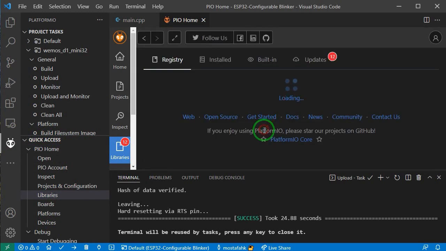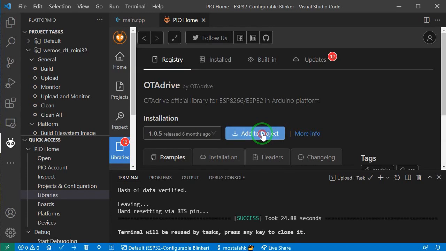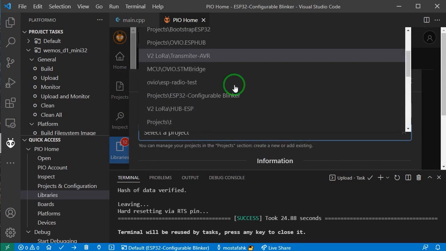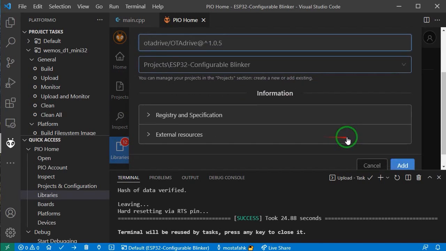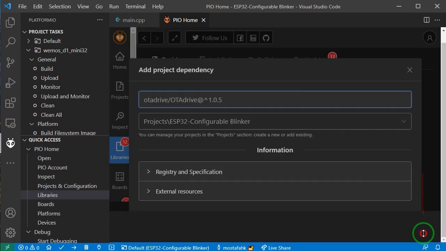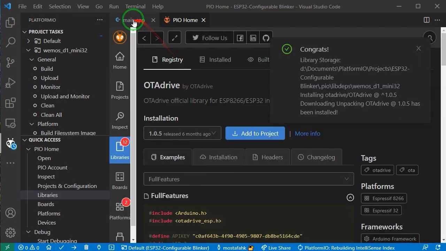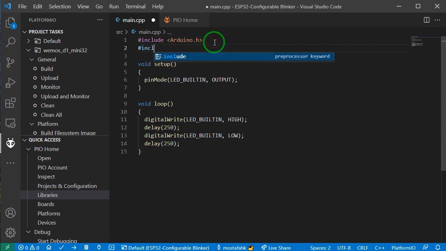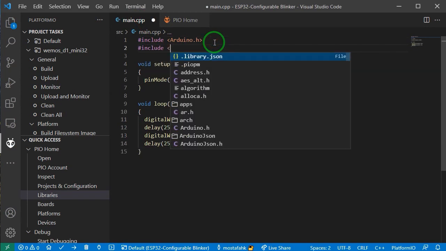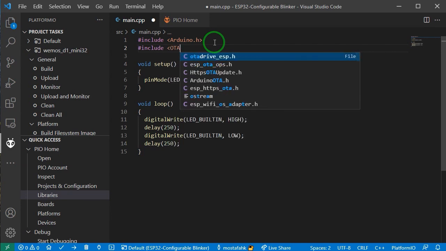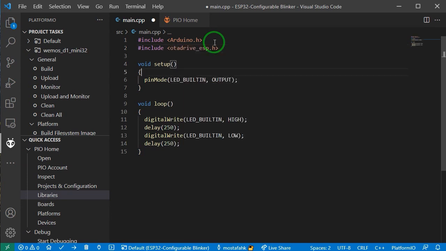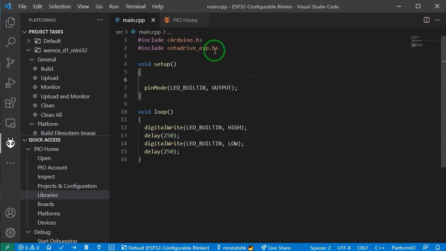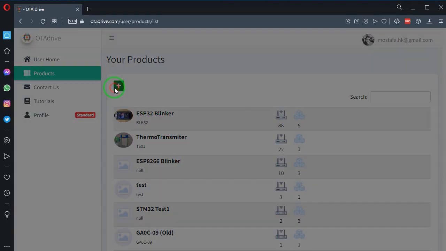We should find and add the library to our project first. Before we continue, we should define our project in the OTA Drive panel.